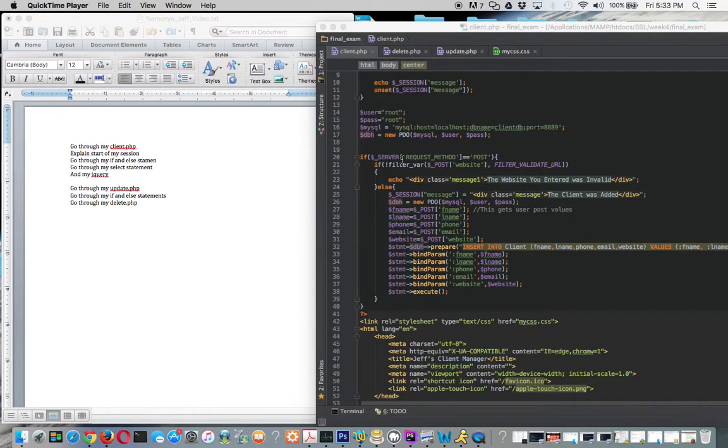And it says if the server request method equals post, and it's got a clause in here: if the filter variable it posts, website, it wants to make sure that the filter is a valid URL. Then it goes down to echo message 1, the website you entered is invalid. That is in case they don't have the correct URL. But if it does, it starts a session stating the message that the client was added,